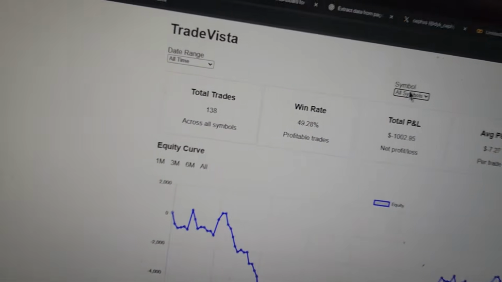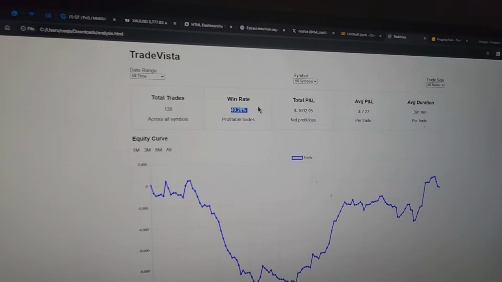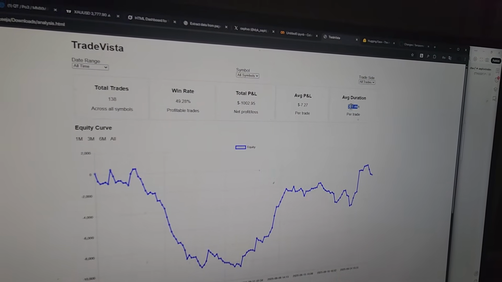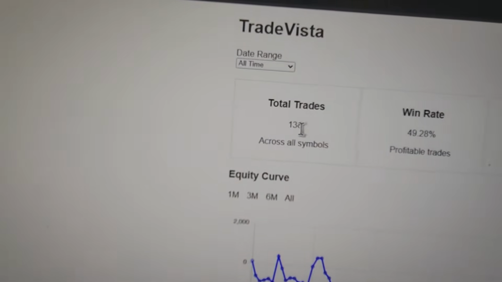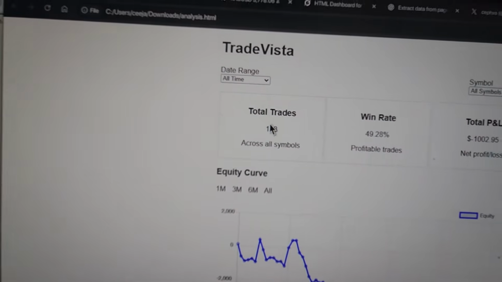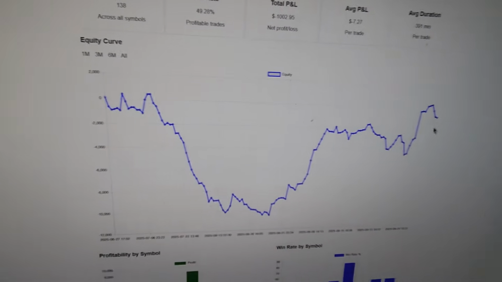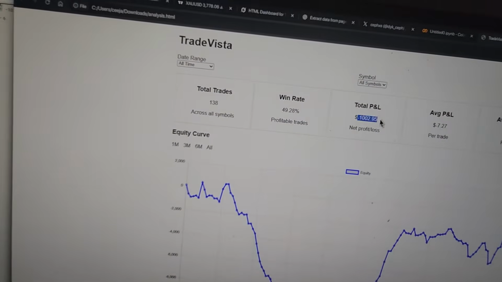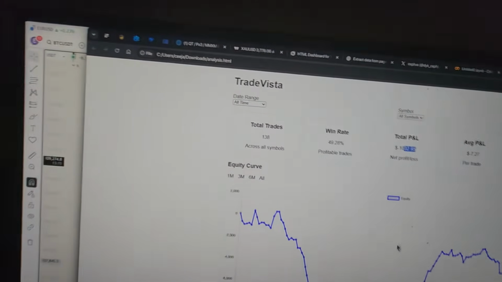So when I select the symbol, you can see my win rate overall is about 50%, right? And I hold my trades for an average of 398, that's about 6 hours, because 360 is 60 times 6. Anyway, it's a sample size of 138 trades. And this is a mixed sample size, of both the bad trades and then the good trades. And we've had a total PNL of down 1,000, because technically I'm down 1,000 from when I started this account.